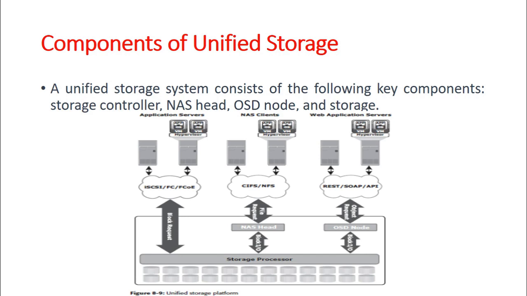A file system is configured on these LUNs and is made available to the applications for storing the data. Then we have the NAS head for implementing NAS. A NAS head is a dedicated file server that provides file access to the NAS clients. The NAS head is connected to the storage through the storage controller, typically using a FC or a FCOE connection. The system typically has two or more NAS heads for ensuring redundancy.